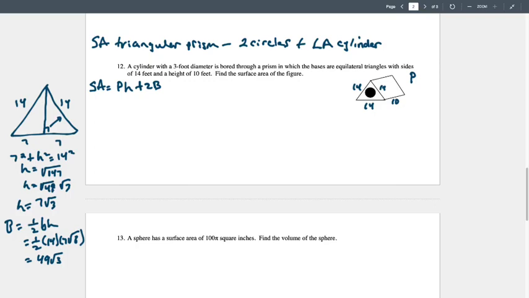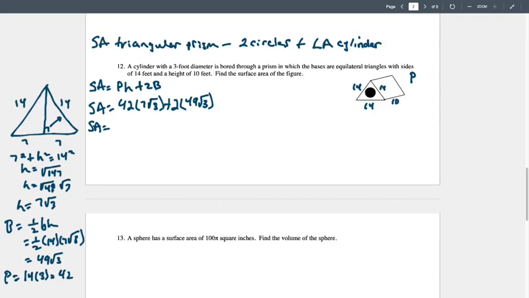All right, the perimeter of that triangle is 14 times 3, which is 42. So I should be able to plug those things in. The perimeter is 42. The height is 7 square root of 3, plus 2 times the area of my base, which I found out was 49 square root of 3. So my total surface area,